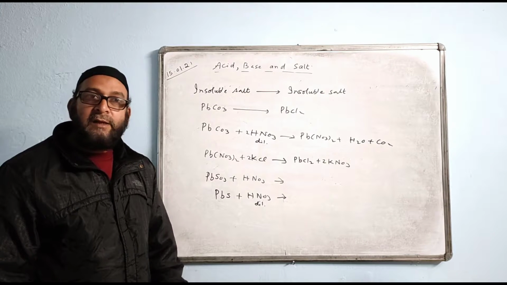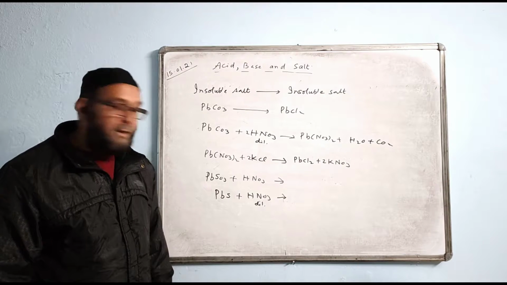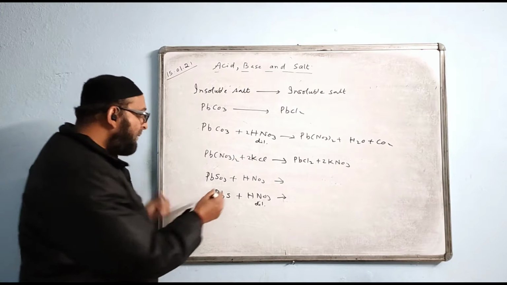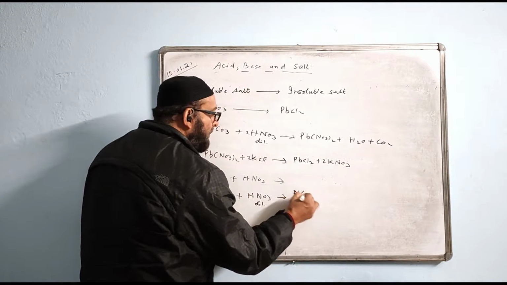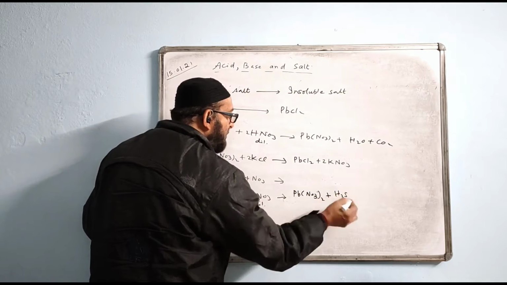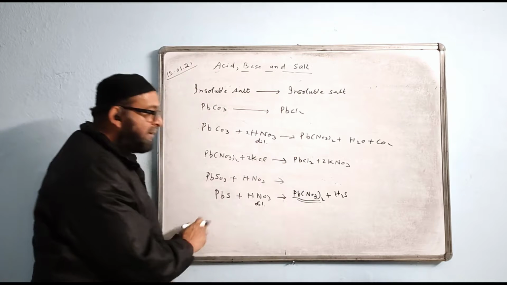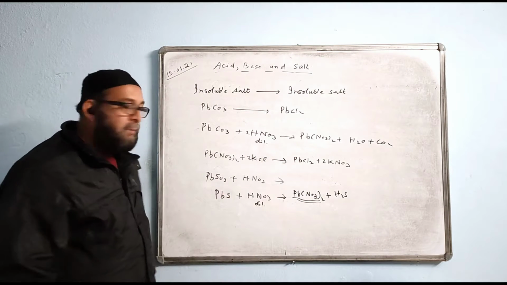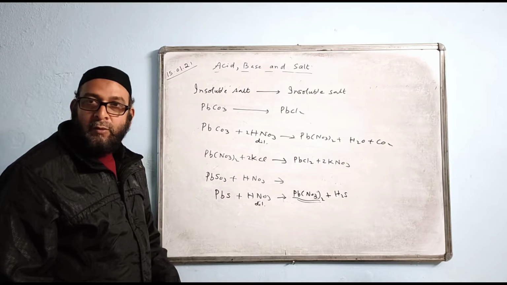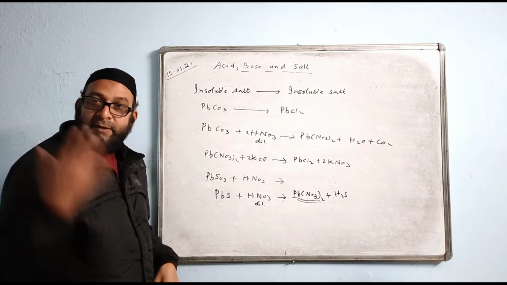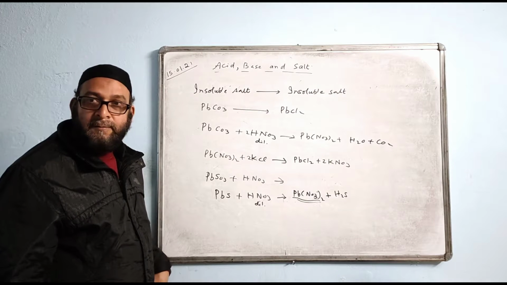You remember those general reactions. You will be writing the answer Pb(NO3)2 plus H2S, hydrogen sulfide. But what we bother about is lead nitrate. And from lead nitrate you can go ahead and make another insoluble salt. Yes or no? You have to remember all the reactions, like the previous knowledge will be there.